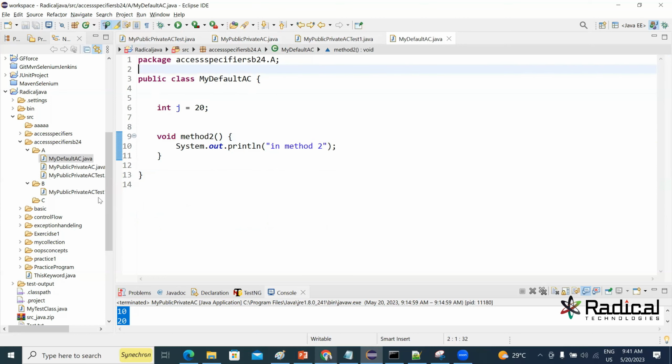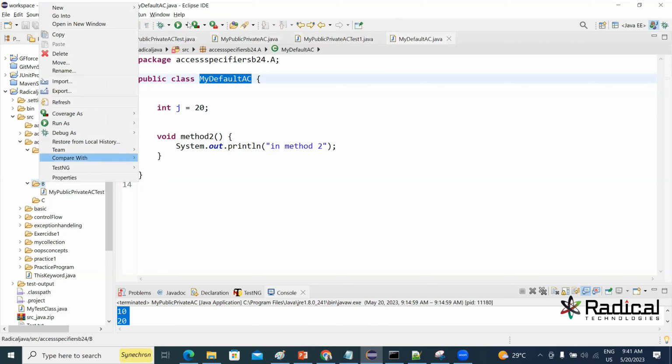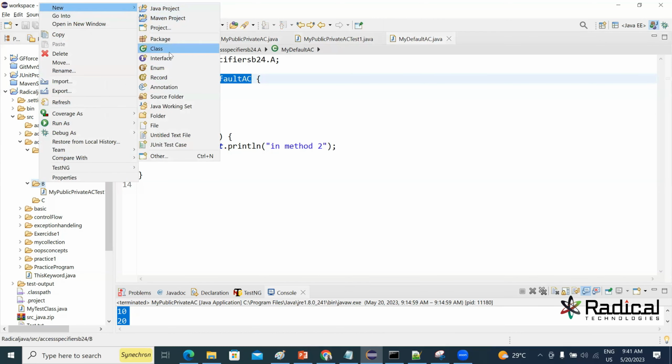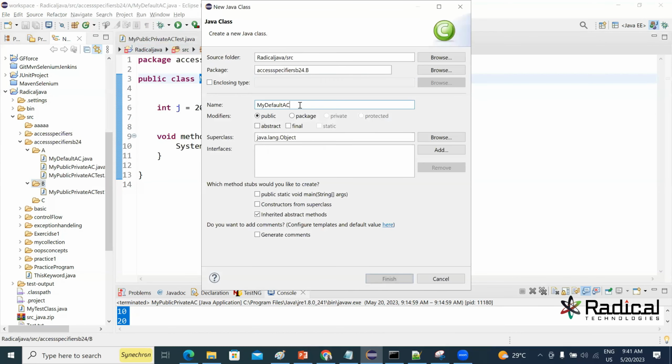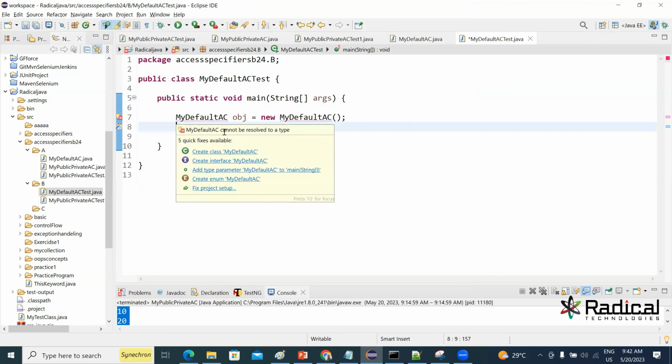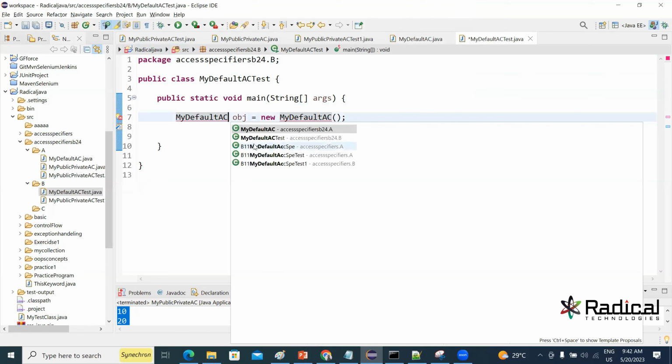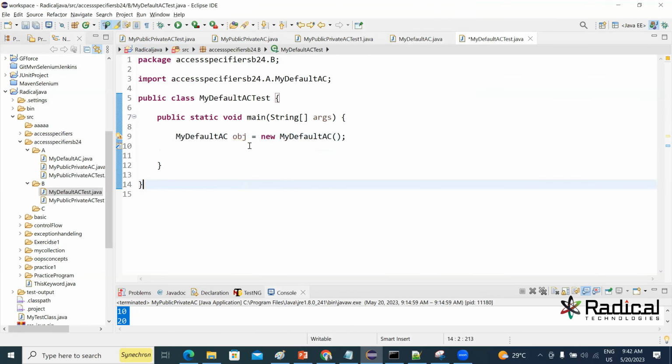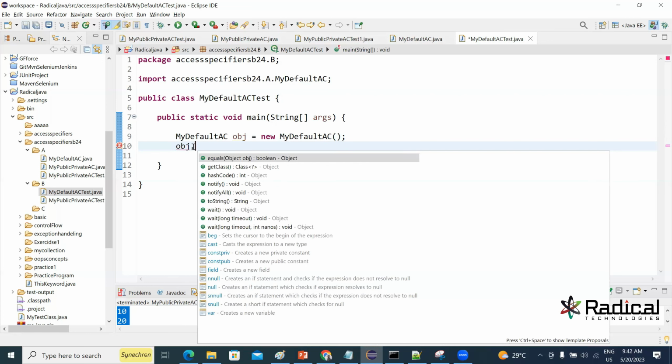Now let me create इसका test class within the package B. New class, test wala class. Obviously, if we have the test class, it will be a runnable class with the main method. Okay, and I will create an object of that class, the previous class. Okay, obj is equal to new. ठीक है. Okay, अभी एक okay, so इसको import कर लेता मैं. Fix project setup क्यों नहीं है? ओके, ठीक है. obj डॉट